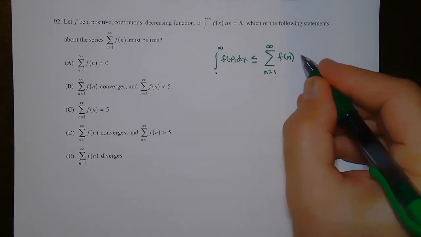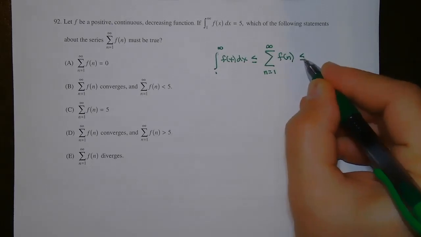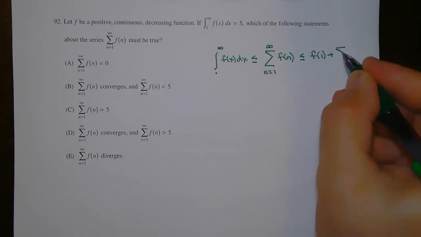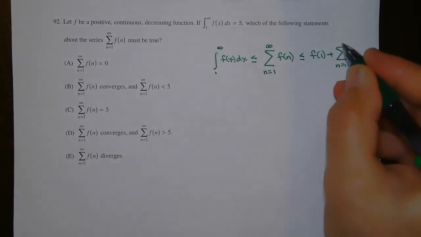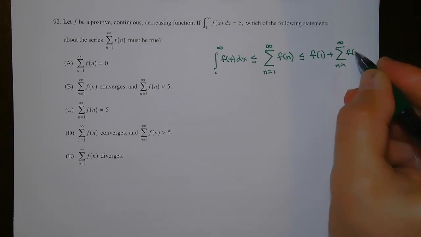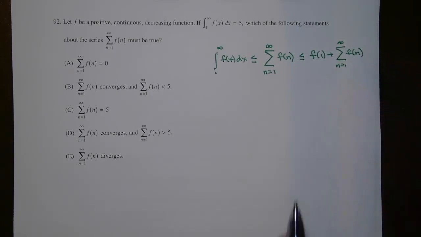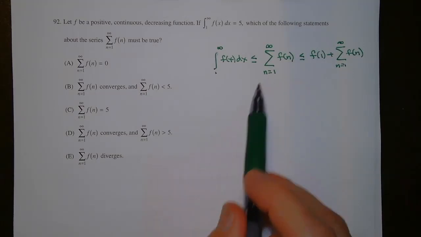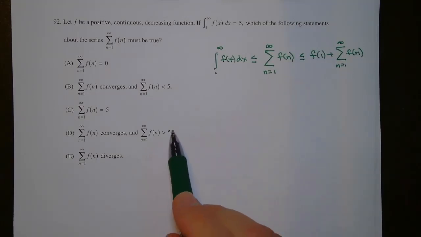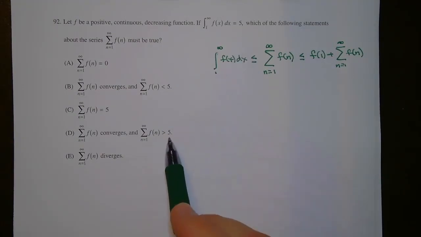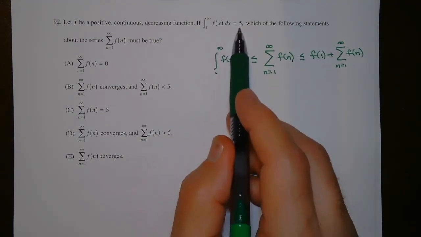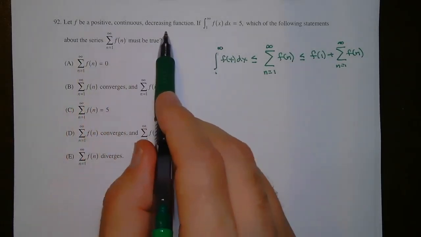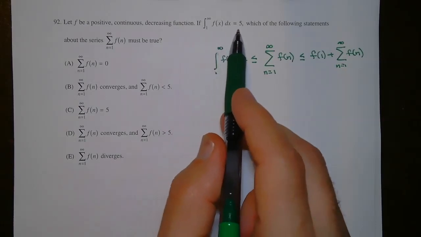And this series is less than or equal to f of 1 plus the integral. Now, what this means is that the series has to be greater than 5, because the integral is 5. This is telling you that this integral converges, and because f is positive, continuous, and decreasing, and the integral converges to 5,